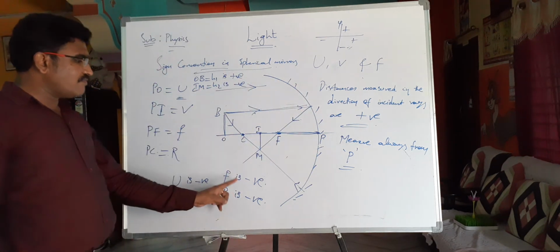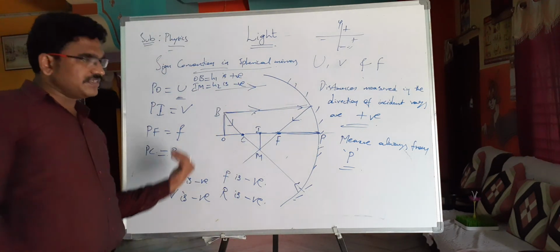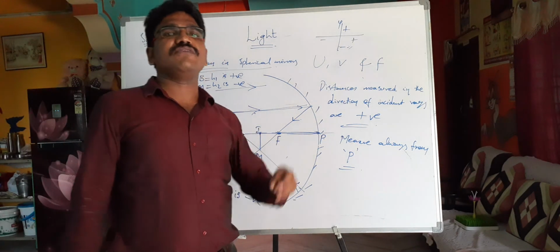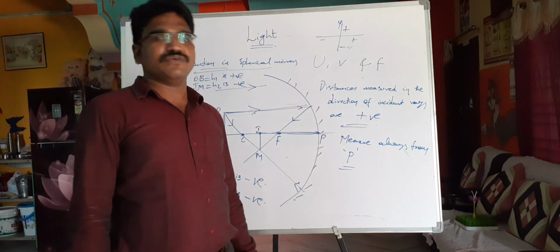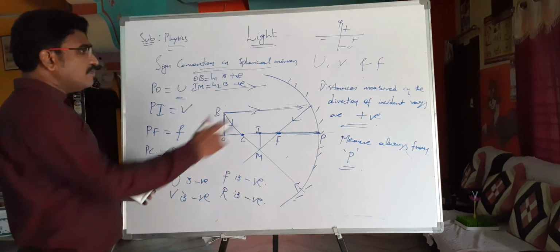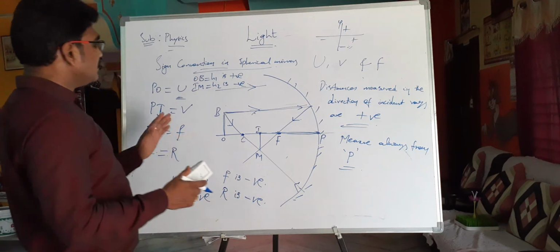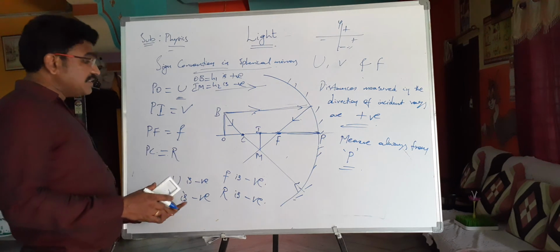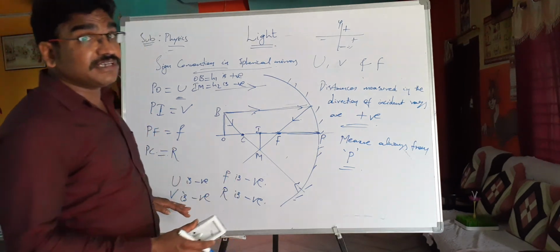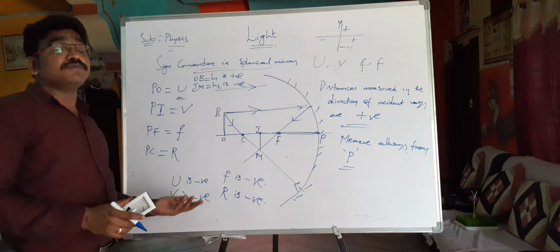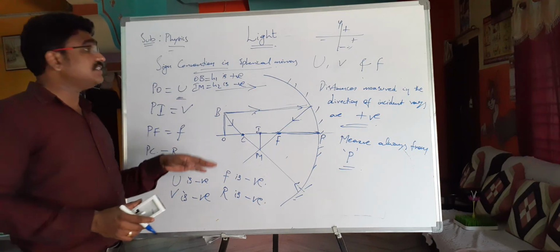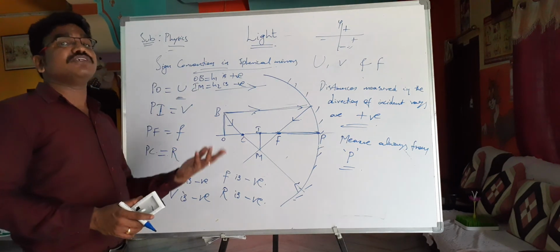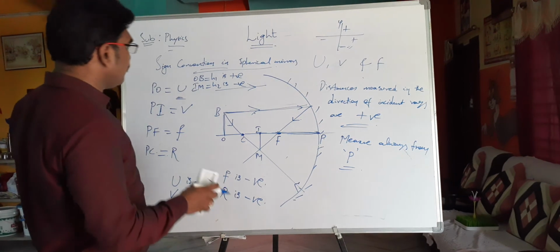Now for a concave mirror, the focal length is always negative because it will always be on this side. Radius of curvature is negative. So for a concave mirror, when you are taking focal length, you can take it directly as negative. It is not a problem. Even object distance you always get negative, because the object will always be on this side. But image distance sometimes may become positive and sometimes negative under various conditions, and image height also sometimes becomes positive and sometimes negative. That is one important point you should understand.